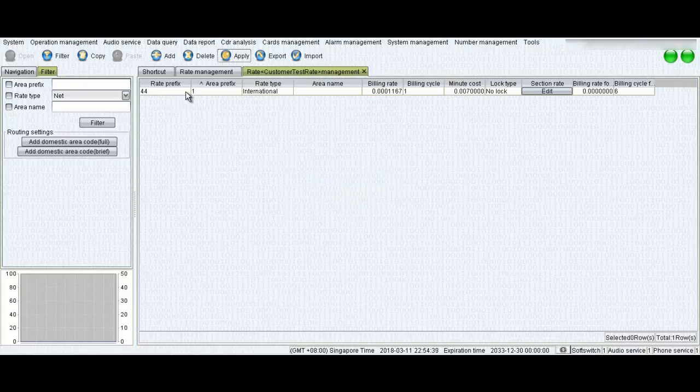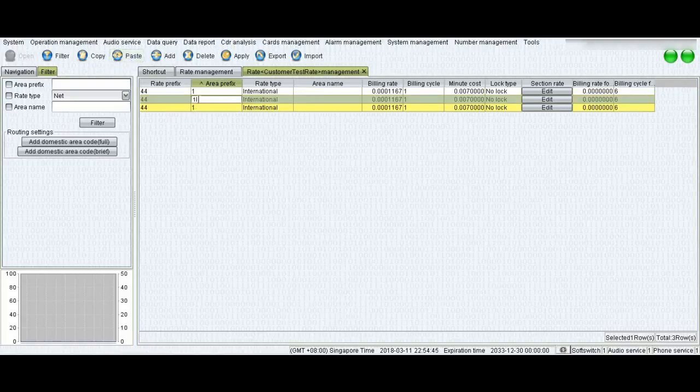Now if you want to enter rates again, you can just copy and paste, and you can do the modification. For example, 441 is the prefix for UK landline. Then I will add 447. Okay, this 447 is the prefix for UK mobile.